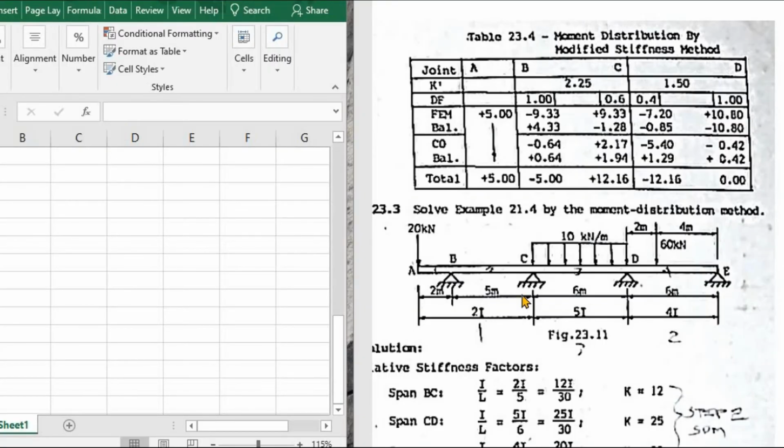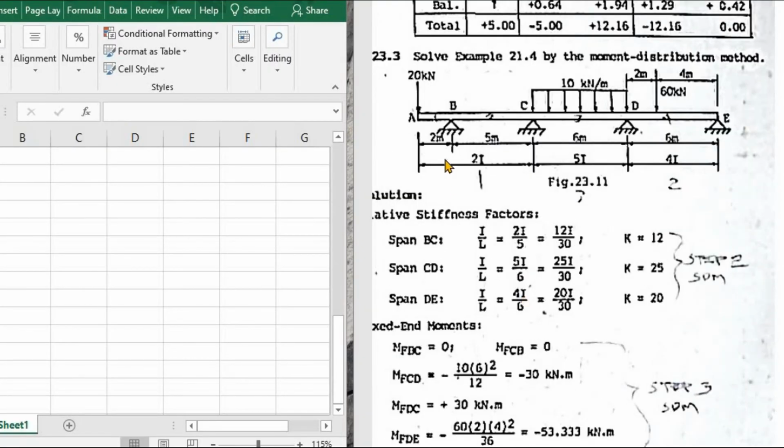Hello again. For our last problem, we have here 23.2. This is similar to 21.4 ng slope deflection method. Okay, so this time we have here 4 supports. Okay, so mangangailangan ka dito ng 4x4 matrix kung slope deflection. But since gamit natin ay moment distribution, let us proceed to step 1, and that is solving for the relative